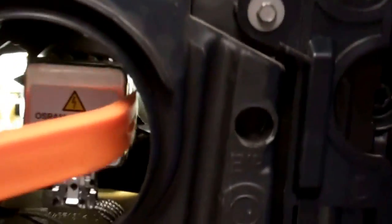Right, one other thing we've done. We were showing you earlier the little flicky thing. Right, now you can see it a bit better here. We've got the light on, and can you see that little lever, just at the top there, that I can flick up and down. Now, this is a xenon headlight, so there's 27,000 volts or something in here. Right, and you can see here what it does to the beam pattern. So that's clearly